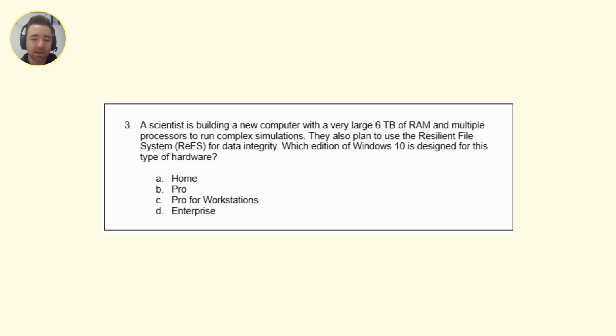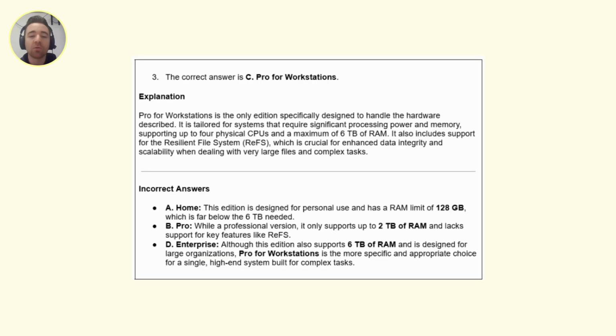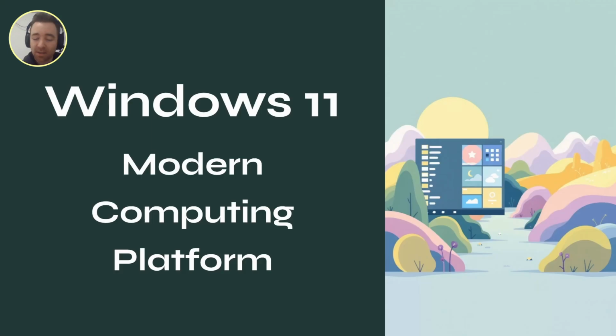Here we go. It is C, Pro for Workstations. So hopefully we got that right. 6 terabytes of RAM, plus the need to do intensive workloads, should have been the giveaway for Pro for Workstations there. That description matches Pro for Workstations. It is the workhorse. Okay, read that if you need to, but we're going to move on to Windows 11